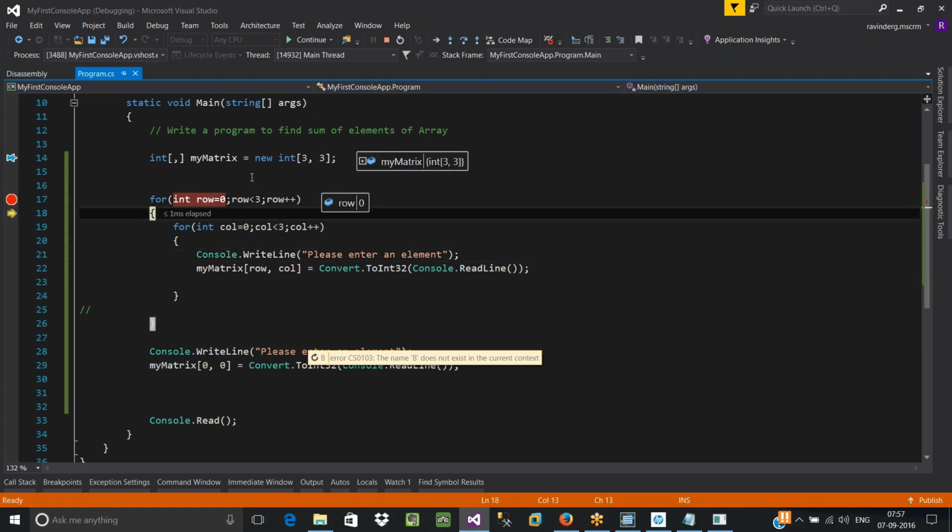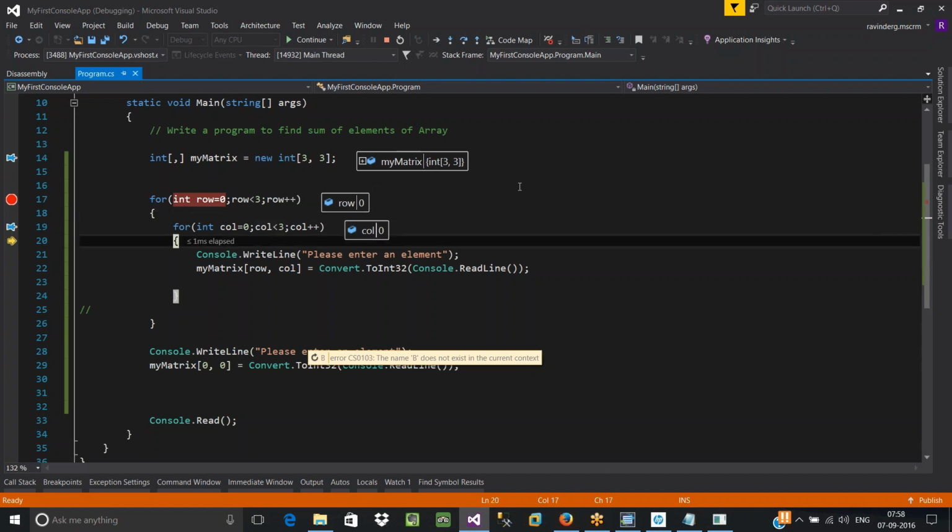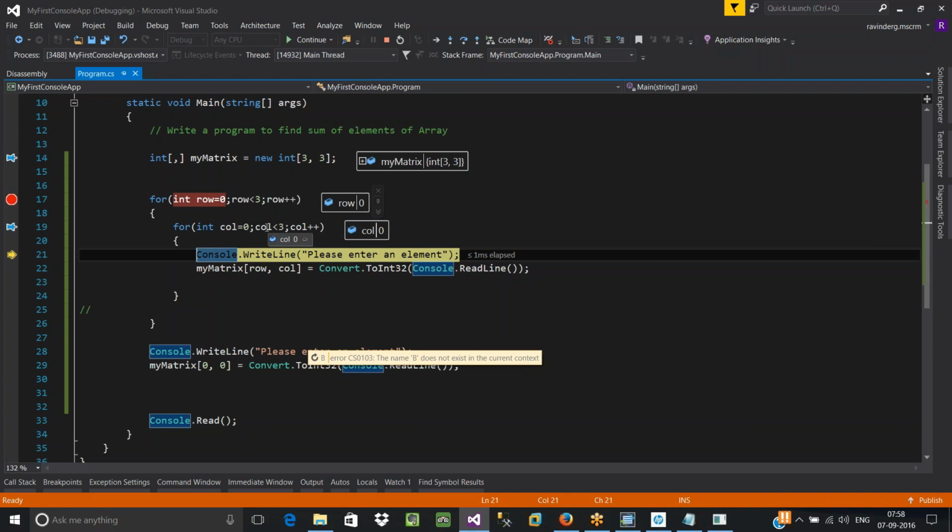It checks the condition. Yes, the condition is true. It will go inside of this. Now you can pin your column. Column is going to start from 0. See, 0 is less than 3.